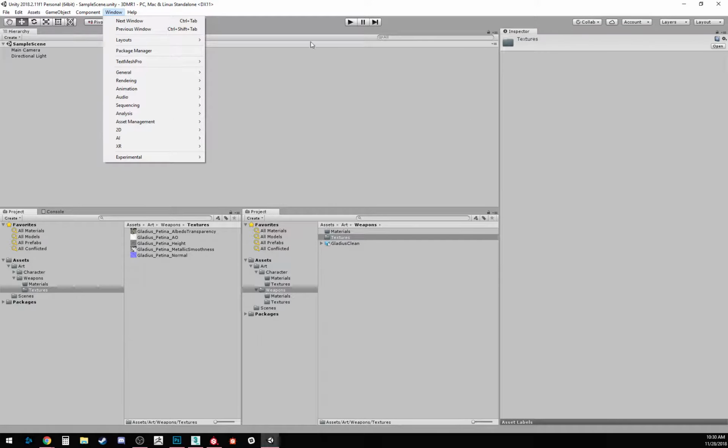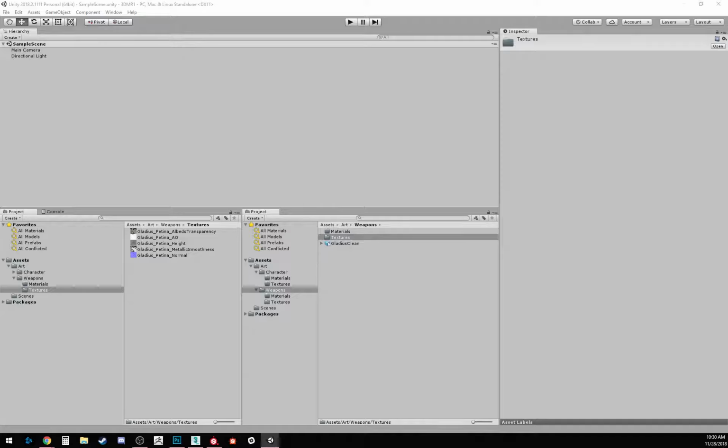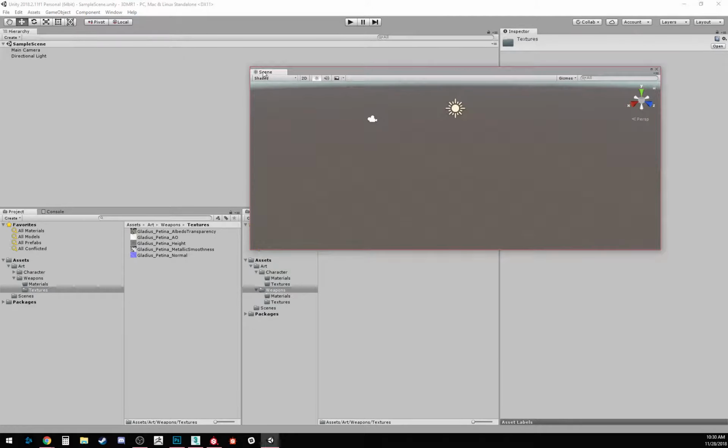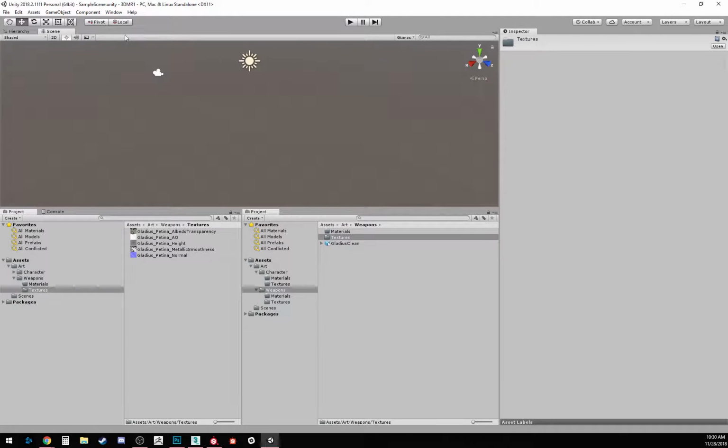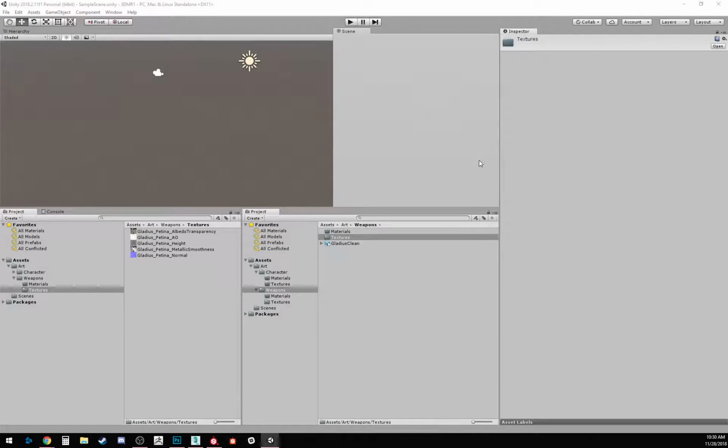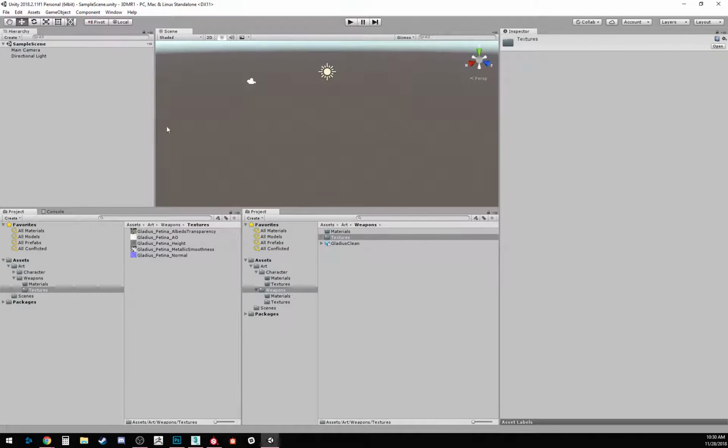I did change one thing in here. If you ever lose one of your windows, like I have missing windows here, you may notice it's a little bit different than yours. You can go to General and put in the missing window. I put my scene and stuff on the top screen, just so it's easier to control. But yours looks more like this, I think, except for this extra window which I showed you yesterday. Okay,